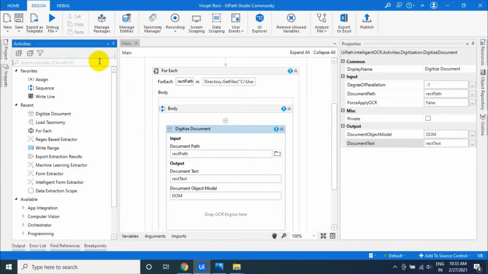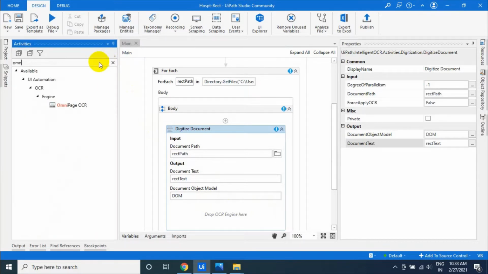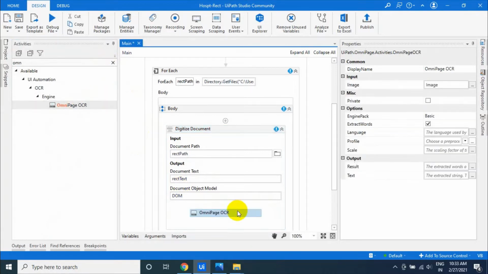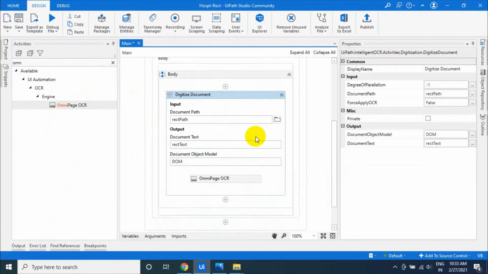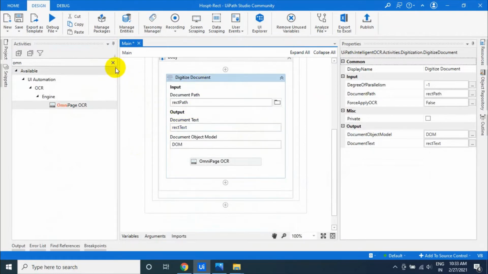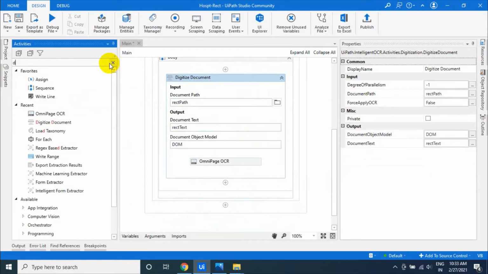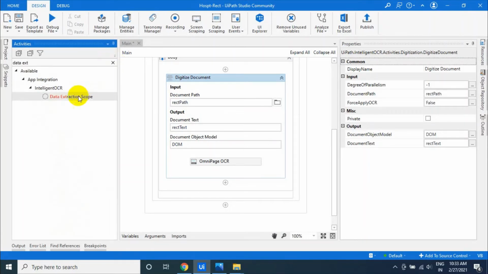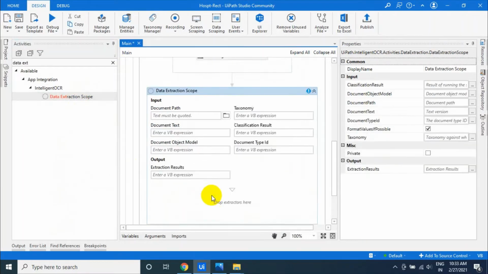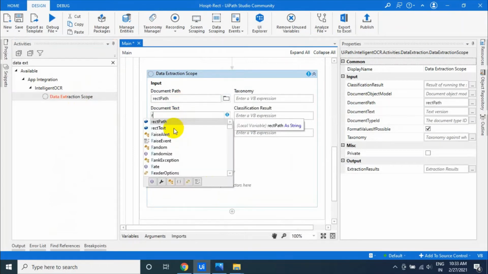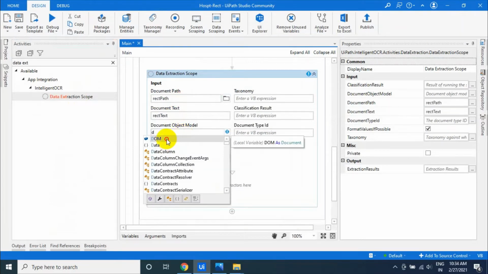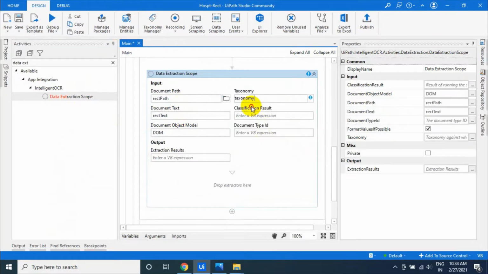Next you have to use the OCR. Any OCR works, but here I am using the OmniPage OCR. Once it is converted into text, the next thing is the Data Extraction Scope. Just drag and drop the Data Extraction Scope and give the receipt path, receipt text, document object model, and taxonomy, which are all the variables above.